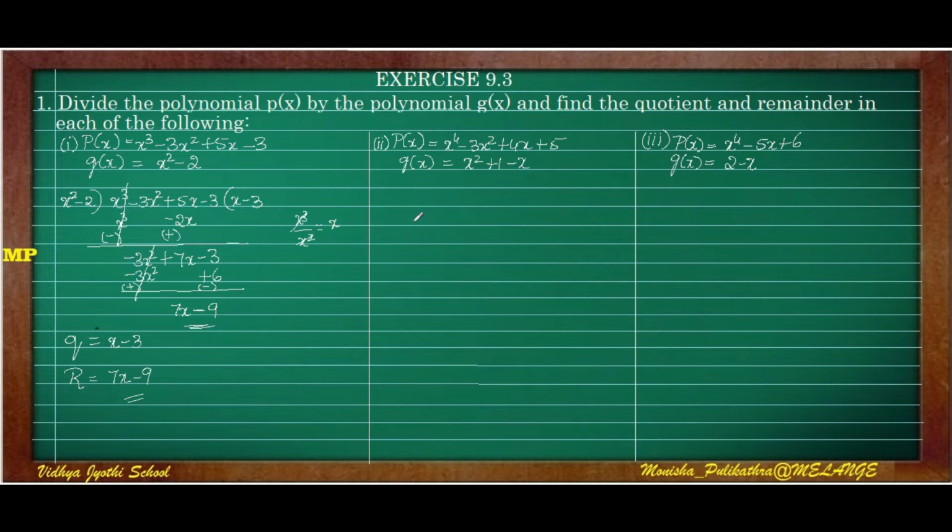Moving on to the second problem of the session, the divisor is x square, next after x square we have to take minus x and then the constant 1. The dividend is x4 minus 3x square plus 4x plus 5. x square to become x4, we have to multiply it by x square. x square into x square is x to the power of 4. Here minus x into x square is minus x cube. Here x cube is not there, so I will be writing it here, that is minus x cube. Next it is plus 1 into x square is plus x square.